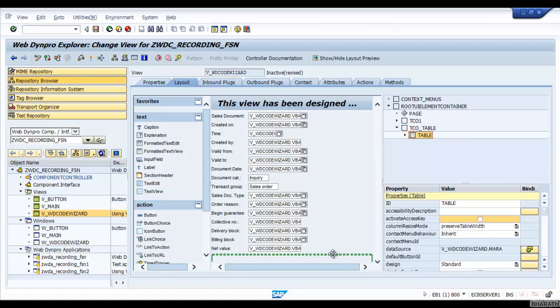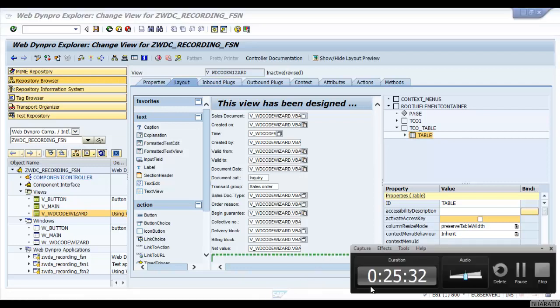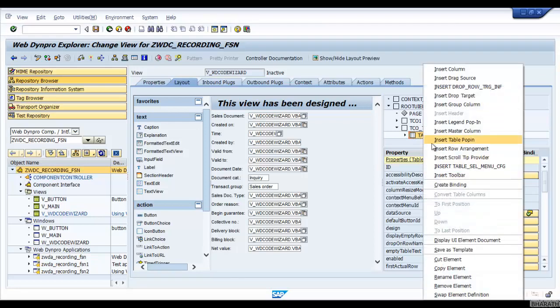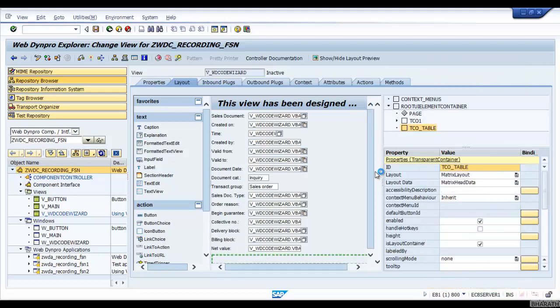Somehow it is not appearing here. It is not displayed. So let me delete it and create it once again. Remove the element, save.